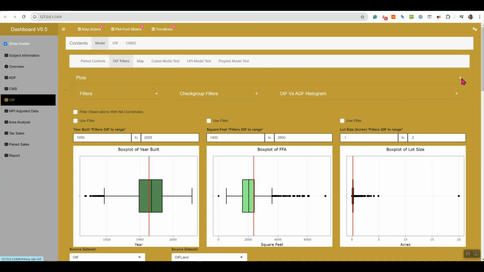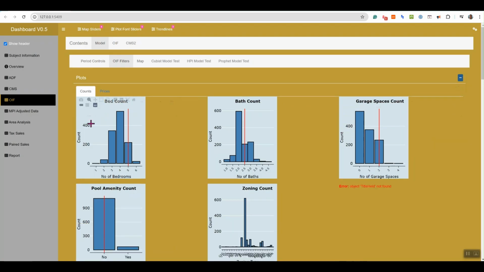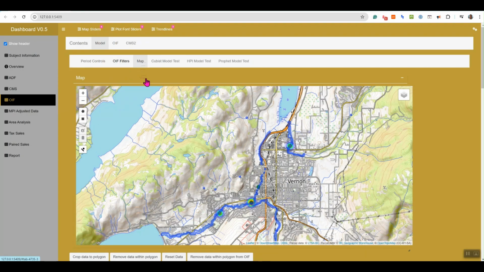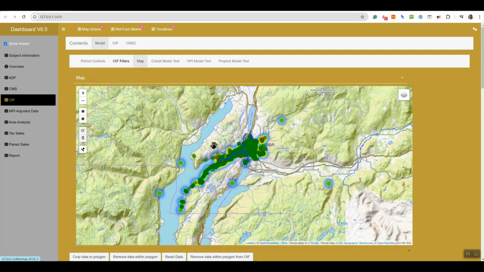So we've got some information showing up about this property and about this market. This is all the data that's in there, and the red line is the subject, where it falls within that market. But this is a unique property here. So that was just resetting. This is all the data I brought in. I had to go 10 years back to find enough information to draw at least some conclusions. So here is all that data, and going back 10 years, you get mislabeled,